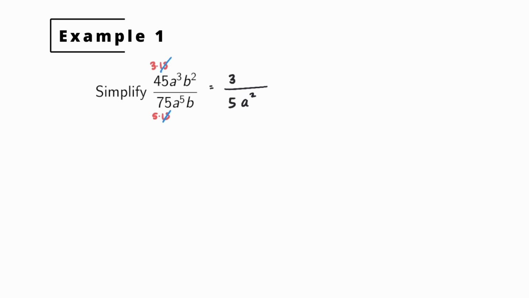And then b squared over b is the final factors in the numerator and denominator, respectively. Since we have, again, b squared in the numerator and b in the denominator, we simply take the difference in the exponents. We should end up with a factor of b, but now because 2 minus 1 gives +1, we end up with b in the numerator.